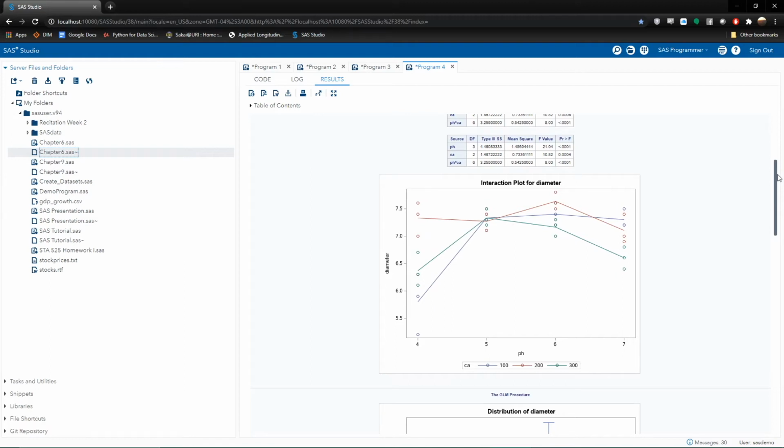So the first of many possible interpretations is that, say for instance, pH level 4, calcium level 100 is the lowest diameter, and then the largest growth in diameter happens at calcium level 100 moving from pH level 4 to 5. Other observations include the fact that pH level 6 and calcium level 200 yields the largest diameter for the tree trunk. And then you could also say that pH level 5 yields very similar results no matter what the calcium level